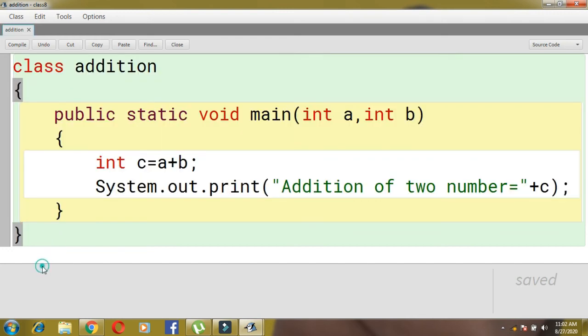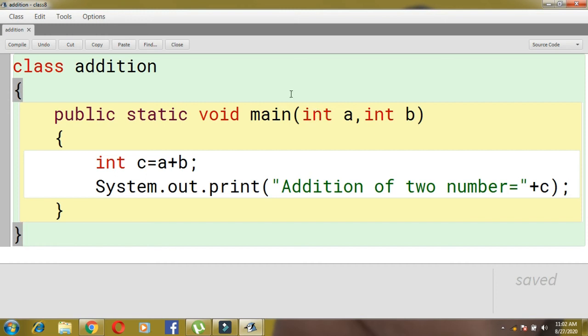So children, you can see this is our program. This is a very simple program. Here what we did is we performed addition of two numbers. For that the input part was two numbers, that is a and b. I assumed both are integer values, that means without decimal. If you add numbers without decimals, then the answer will also be without decimal, that means integer only.